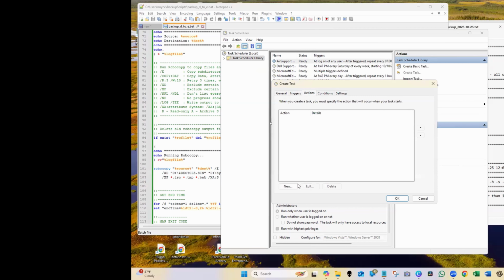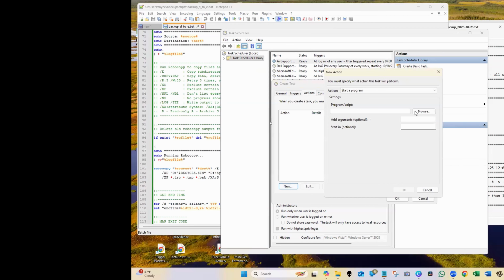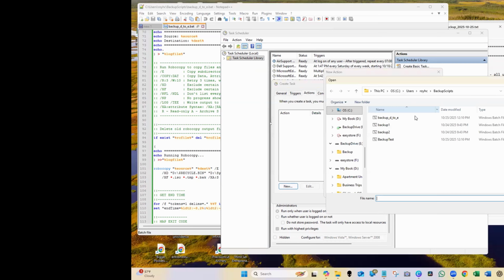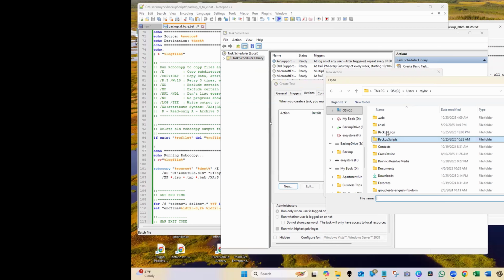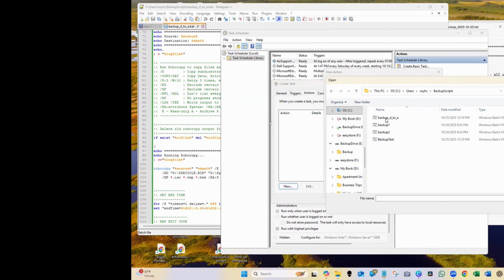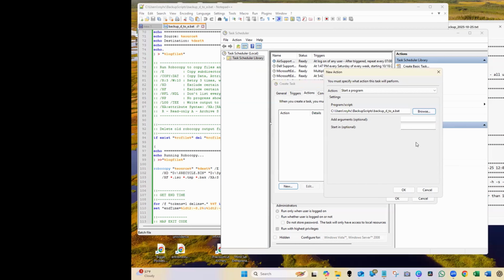Now actions. We're going to add a new action. And what we want to do is browse to the directory where we put our backup scripts. I called this under my directory on here, backup scripts and backup logs. Now the backup logs is where I put all those log files. And then backup scripts, just to keep them separate. This is the file that we've just created. And now on here, we want to do a couple other things. Put quotes around this and type